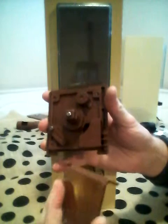You can see there are grooves here that fit into this channel here on the pod. Then you have the flap cover. If you look at the back, you can see you have the flap cover that just pulls out